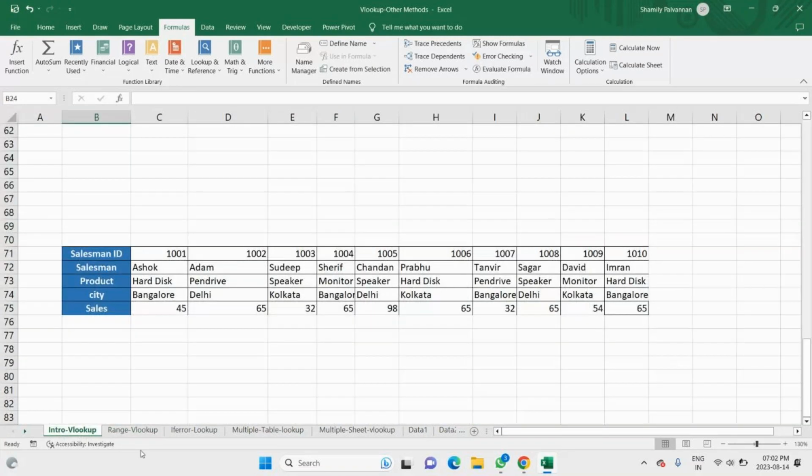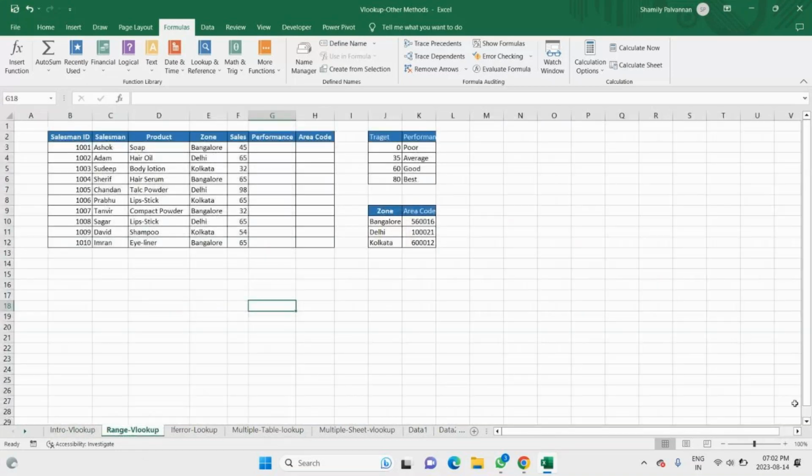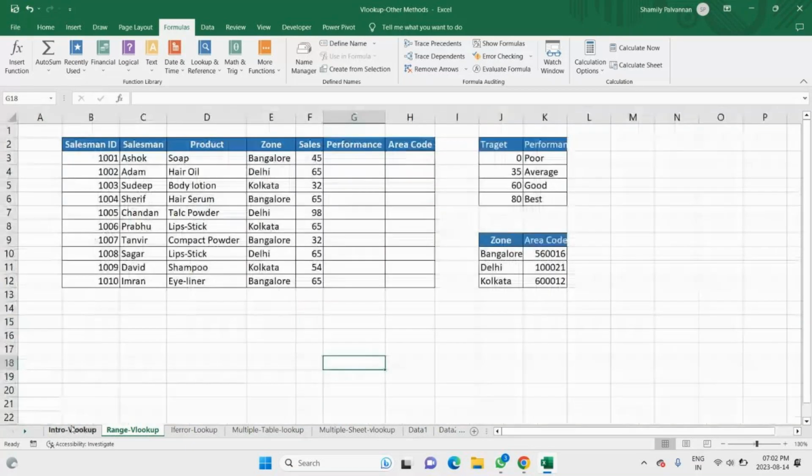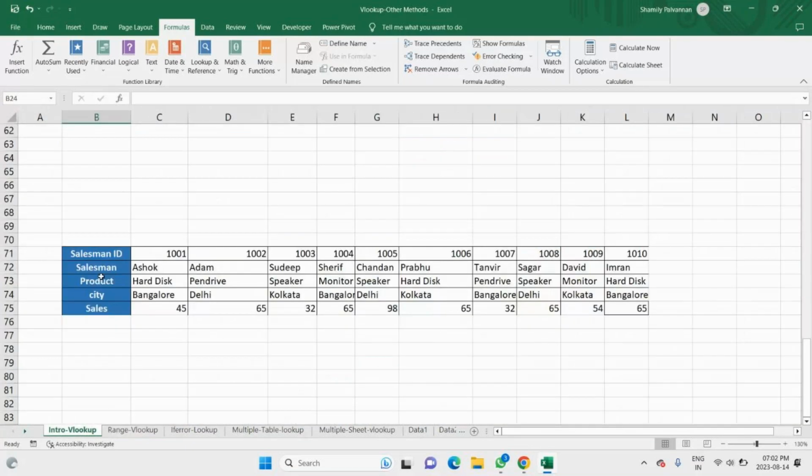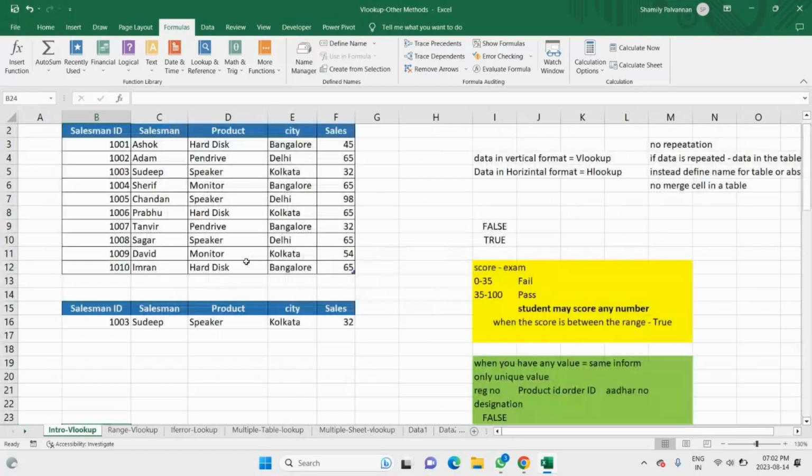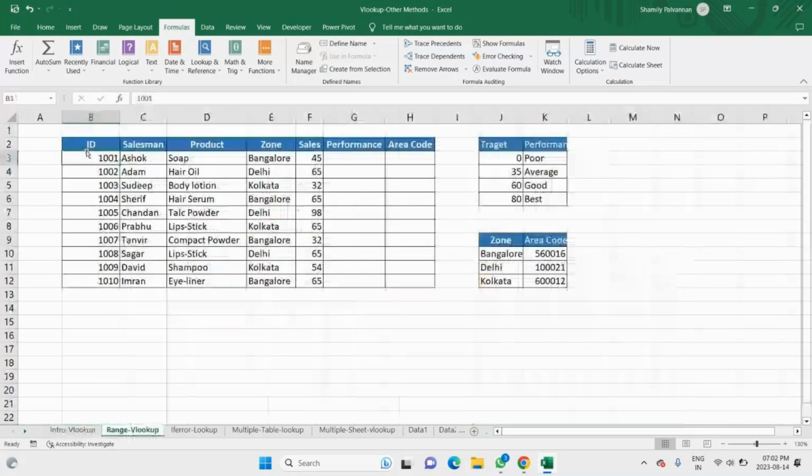Okay, we are going to do this where I have taken the same details: salesman ID, salesman, product, city, sales. The same information I have here, but the only change is that I have additional columns, performance and area code. Two columns I have. Now what I want to do here is